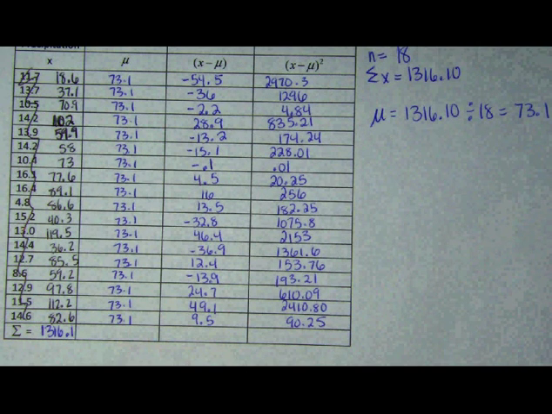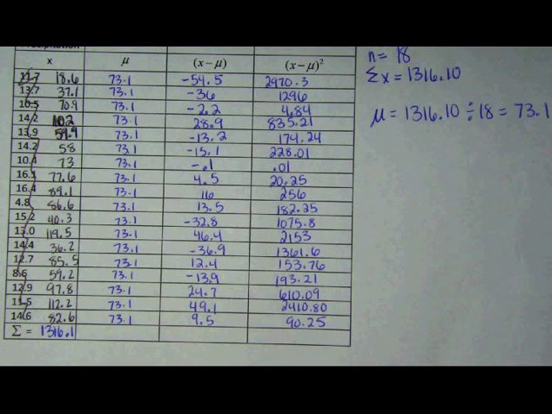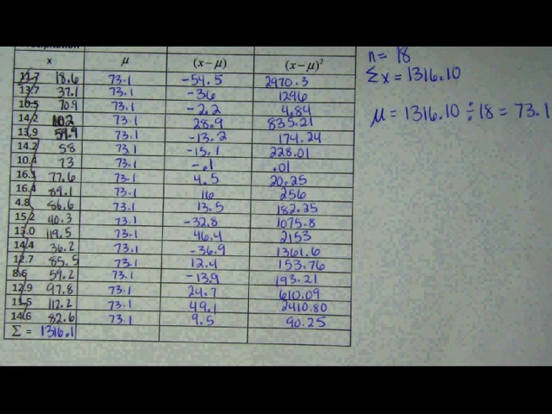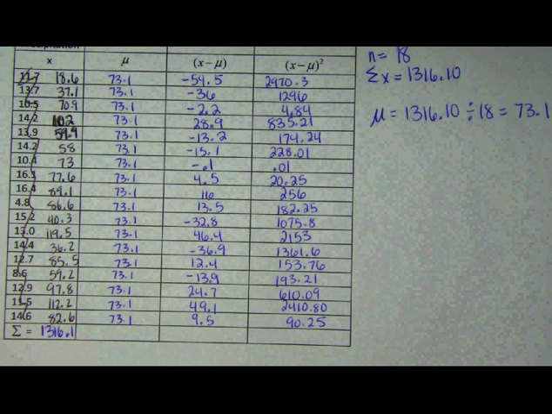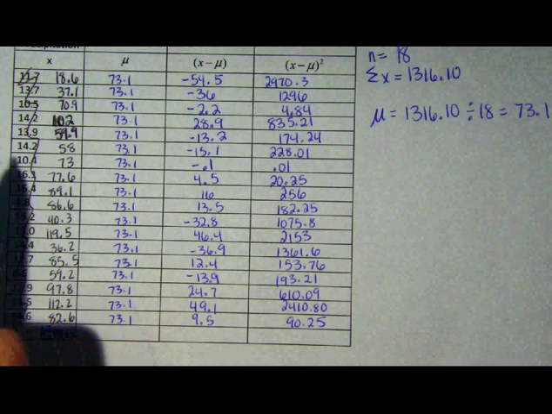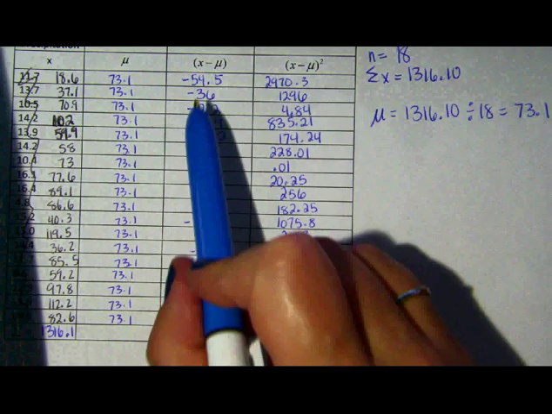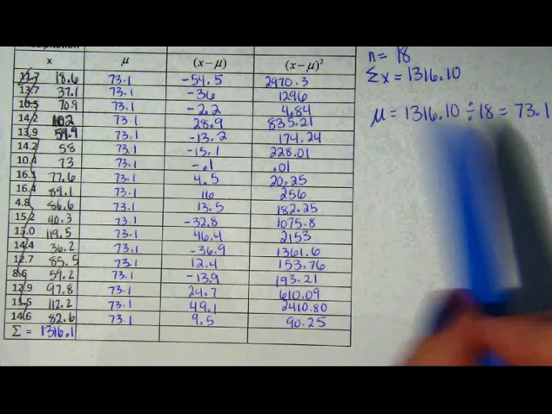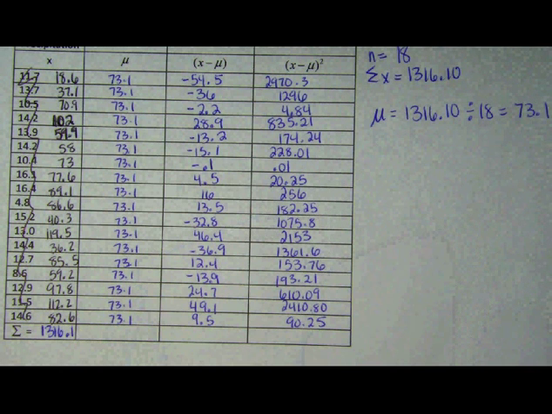Once I've done all of the subtracting and squaring, again, when you're doing this with the calculator, don't do all of the subtraction and then go back and do all of the squaring. That's going to take you way too long. Take the first one, 18.6 minus 73.1 gives me an answer. Square it. Write them both down. Do the two columns at the same time. Subtract, square, subtract, square. Otherwise, you're going to waste a lot of time doing all of the subtraction and then going back and plugging in all those numbers and squaring them. Make sense? I am the queen of efficiency. This makes sense, I promise.